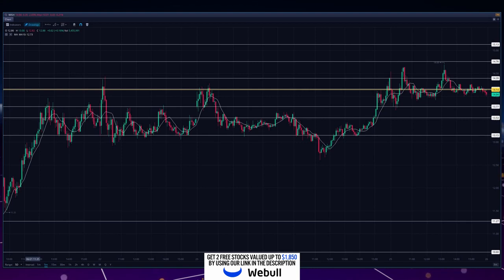And always remember that when a support is broken, then it becomes resistance. Likewise, when a resistance is broken, then it becomes support. The bullish trade is as follows: if we open in at least 30 minutes after the bell, the stock is still respecting the $13.77 level as support, then in that scenario you might be looking at adding or opening a long trade position as close as possible to that support level of $13.77, while keeping in mind that this would